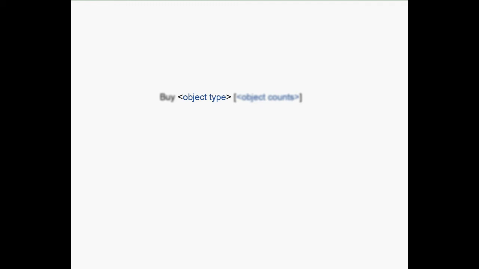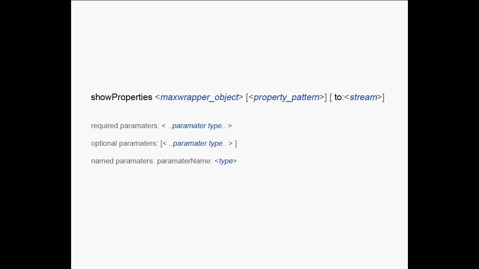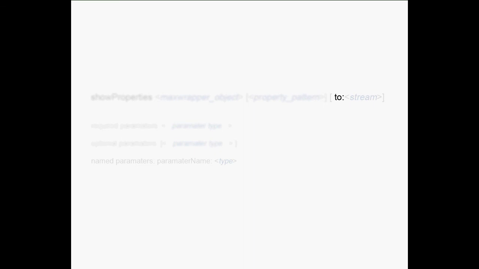To overcome this limitation, some functions give a name to their parameters. That way, when we are calling the function, we can actually name the values, thus associating the values with the given parameters. This is through using the third type of parameter description item we have seen in the help for show properties, the toStream one. This was an optional one, but here we can see this to, which is the actual name of the parameter. So in the case of our buy function, we could have buy object type as it was before, then we could name the count here